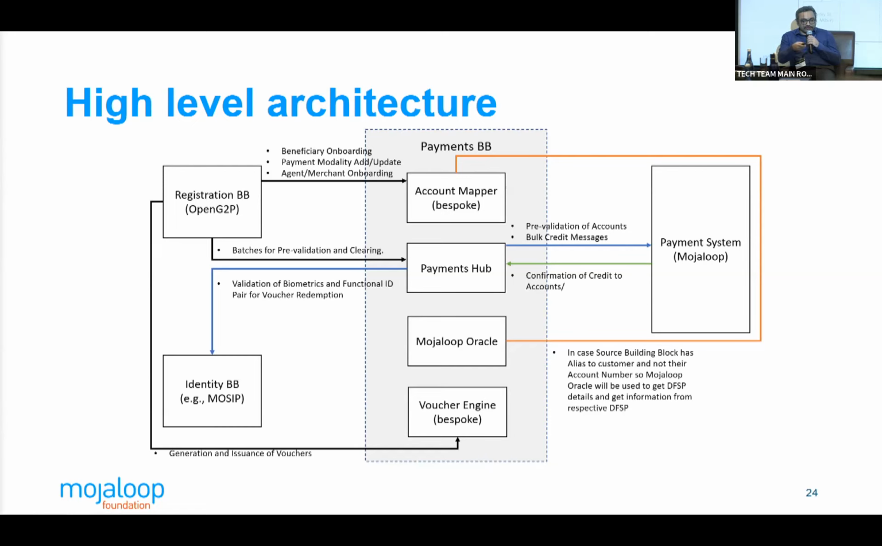Within the payments building block, we are using a couple of software components which we are designing. One is the account mapper, slightly different from what the Oracle in Mojaloop is, and I'll come to that in the next few slides. This is based on requirements, on interacting with the team that designed the use case, about what kind of functionality is required. At the core, there's the payments hub, which is already integrated with a payment system, Mojaloop, for transfer of payment messages or confirmation of credits, and keeping a record as an initiator. And then we have a voucher engine, which is again a bespoke component, because when we talk about G2P payments,